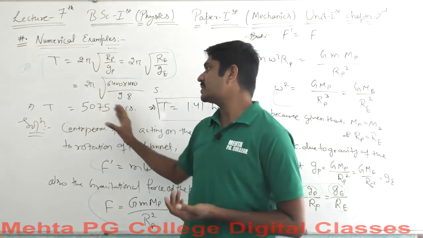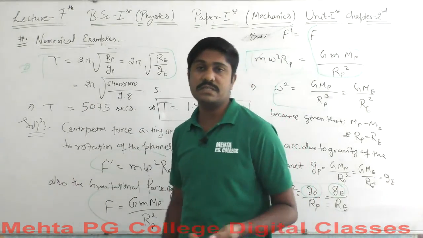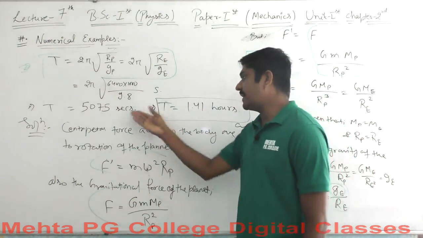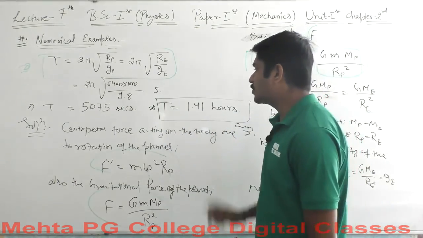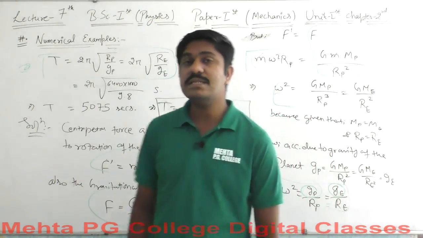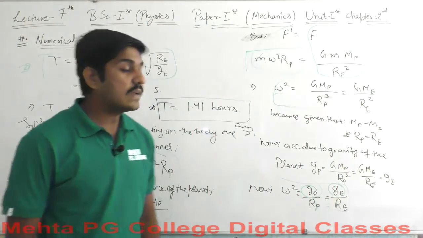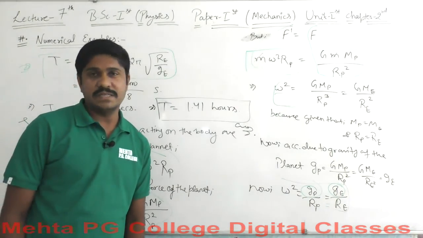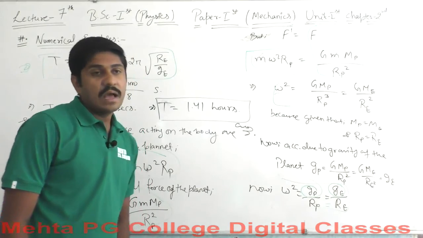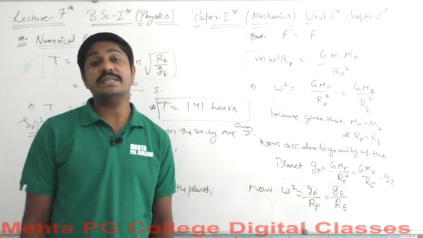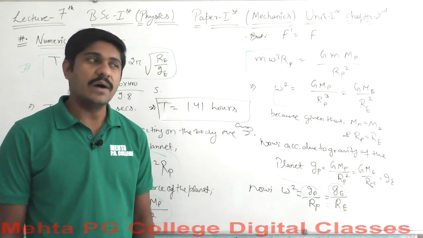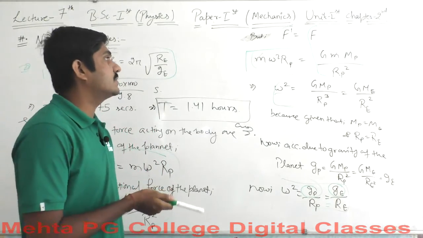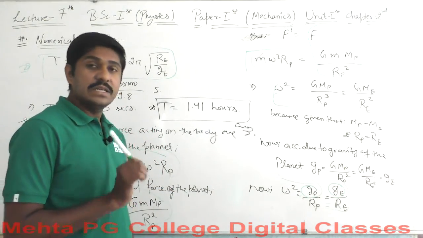And solving these values, we will end up with 5075 seconds, or getting into hours, dividing by 60, we will have a value of t equal to 1.41 hours. Or in other words, you can say this value might be equal to 1 hour 22 minutes, or about 1 hour 20 minutes. Okay, so this is the actual value here. I hope that you got all the concepts here. These concepts are not so new for you, but a few of them have been taken from old school calculus. Okay, so this is it here.